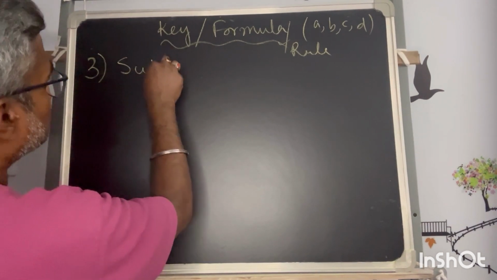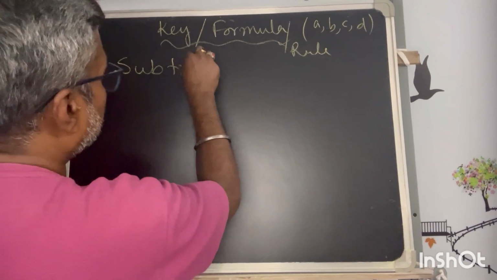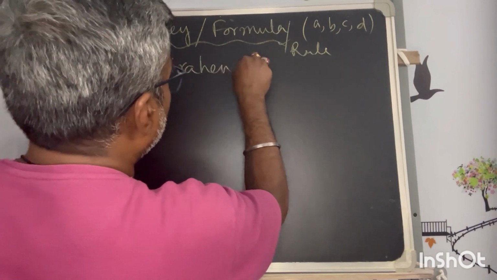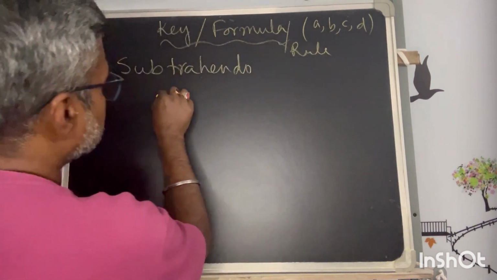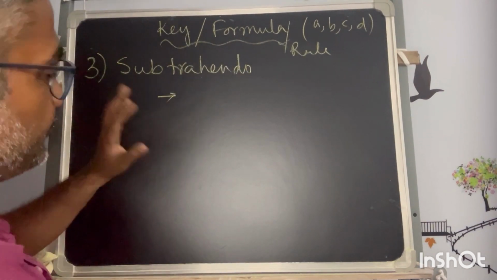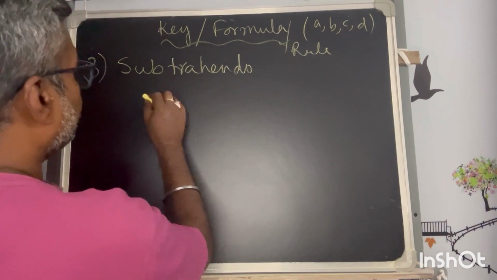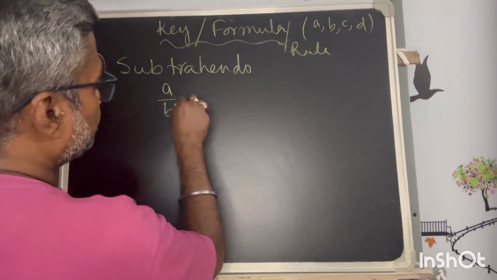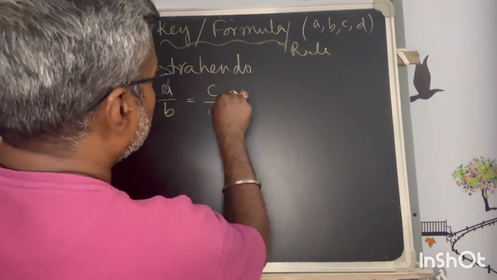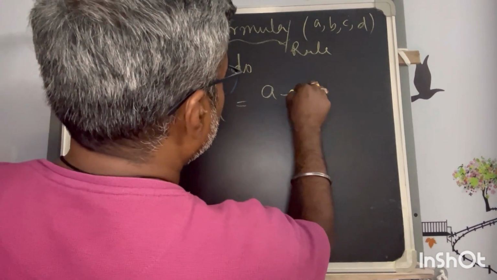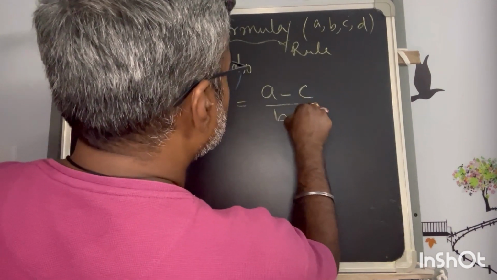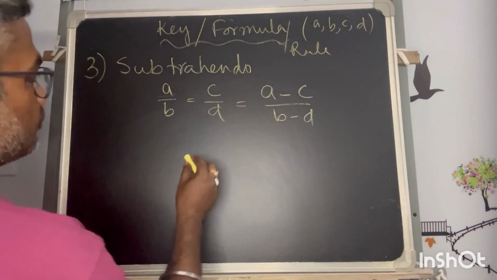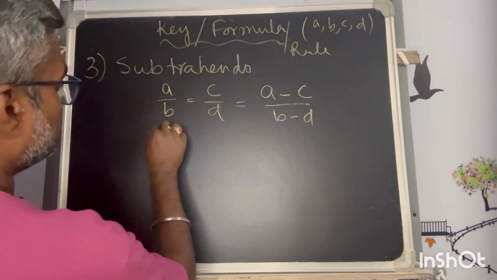subtrahendo. Subtrahendo is just a bit different from the addendo. If a by b is equal to c by d, then in this case it is equal to a minus c by b minus d. This can also be proved with this same